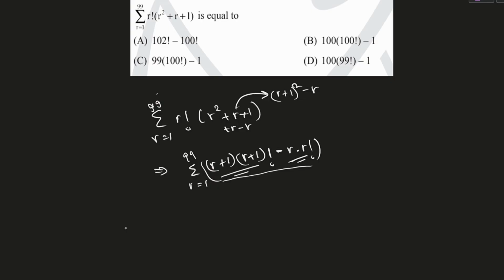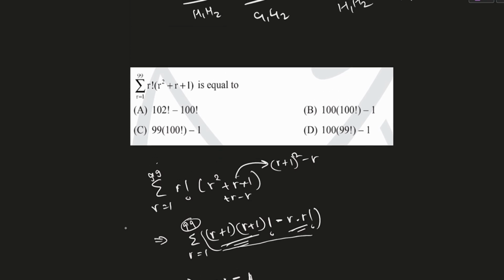So which term won't be cancelled in this expression if I write it? This term gets cancelled by the very next term. So the term which is not having the very next term will not get cancelled. That is, at r is equal to 99. This term doesn't have the very next term. So this won't get cancelled. All others will get cancelled because they have their very next term. So I'll be having something like 100 factorial times 100 minus this term, which term won't be having its very previous term. The very first term won't be having its very previous term, that is r is equal to 1. So I get something like this. This is my final answer. So option B would be correct. Okay, option B would be correct.